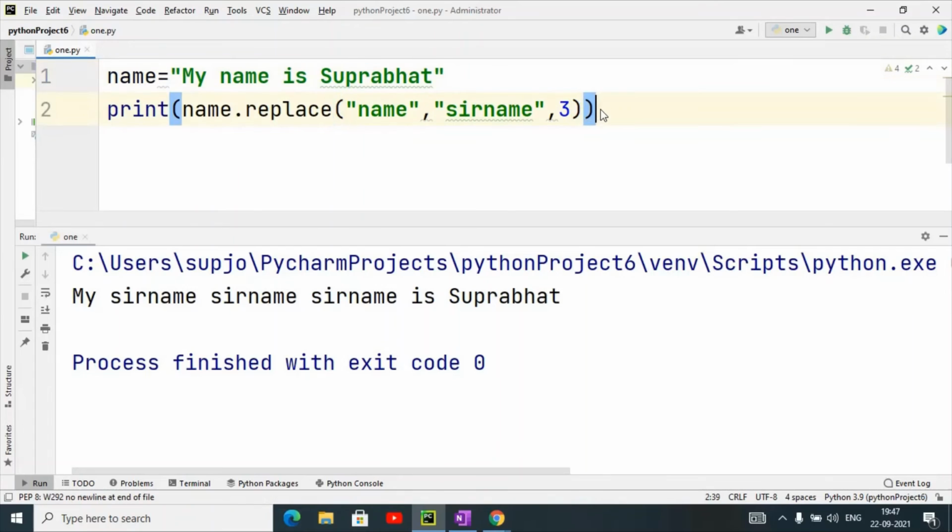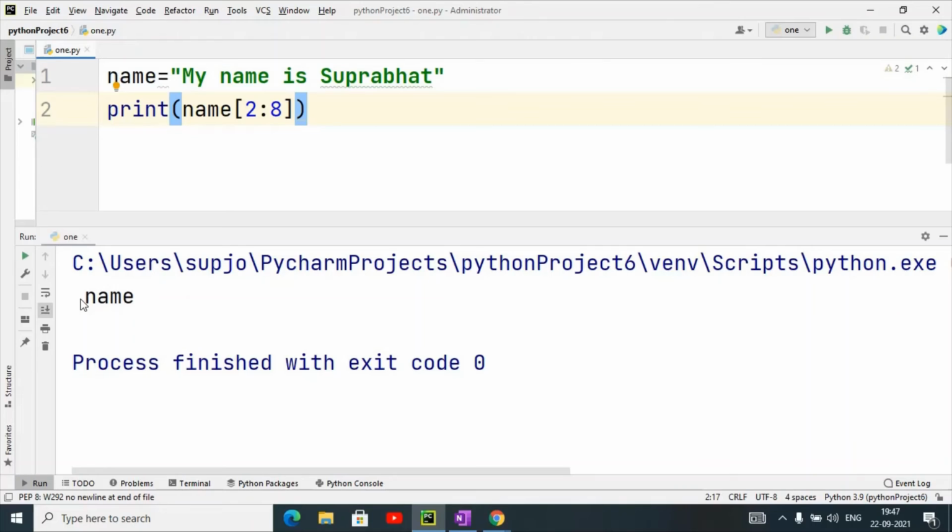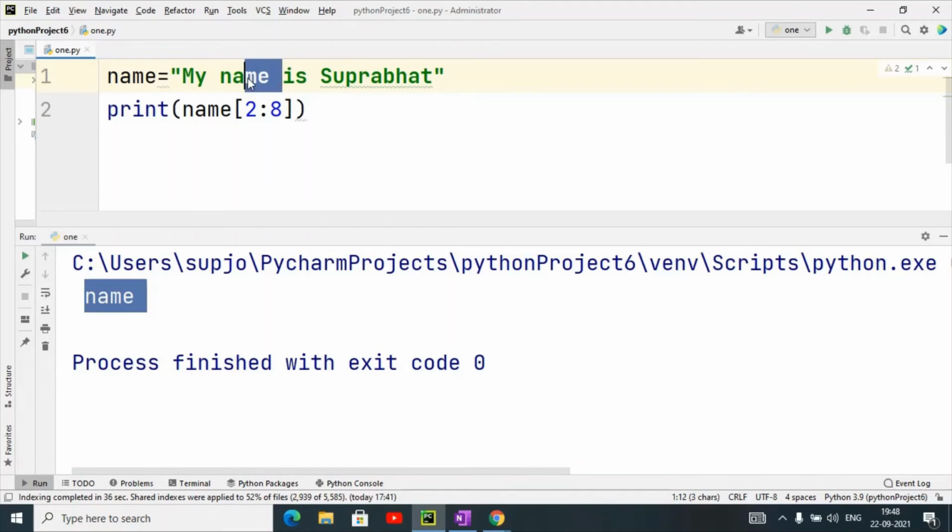I am using the slicing operator here, name in square brackets, I have given 2:8, and when I execute this, it will display name, only name, 0 1 2 3 4 5 6 7 8. The 8th position is not included, so it will display the slice of that particular string.